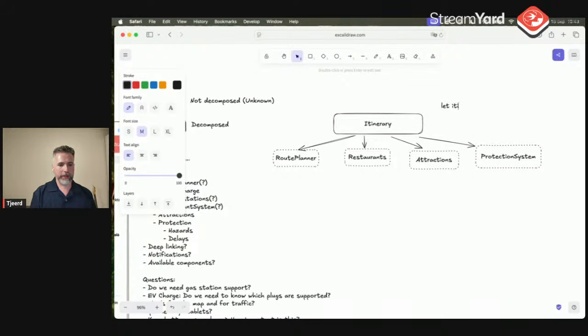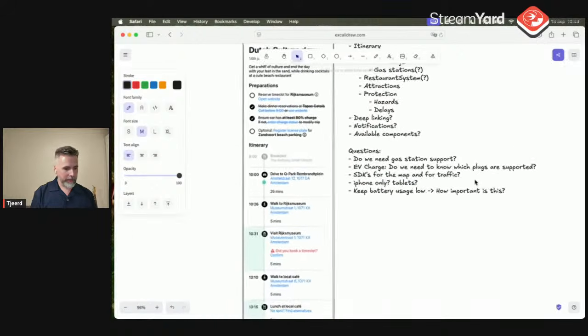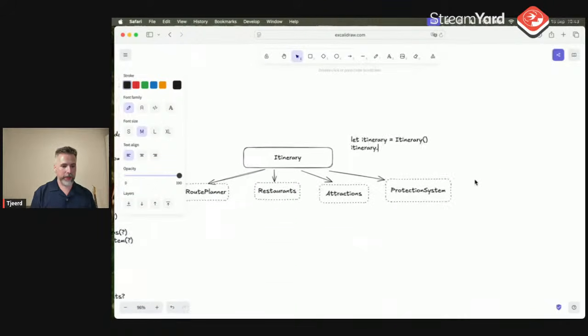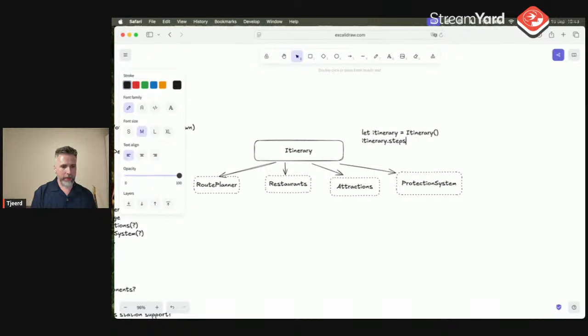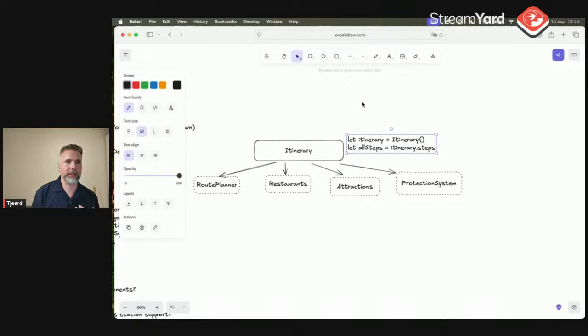I can say itinerary is itinerary, and give me the steps, like all steps is itinerary steps, and this I can already start designing as an API for the itinerary without figuring out anything else.